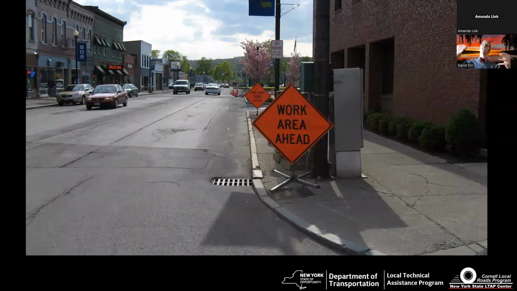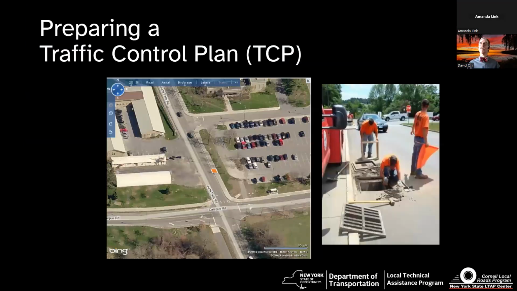And then your second one, again, it might be the flagger symbol that might be telling people what to do. But think about, what do you really need to do? Okay, so what's the public need? What do the workers need? Keep everybody safe. So we're going to prepare a traffic control plan.